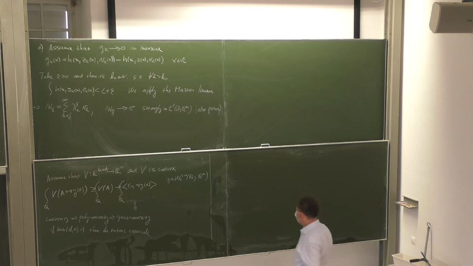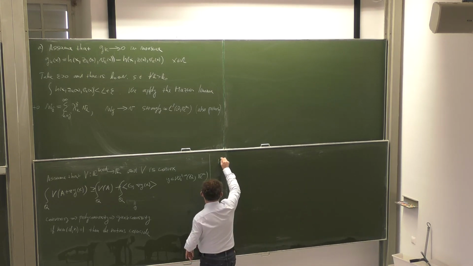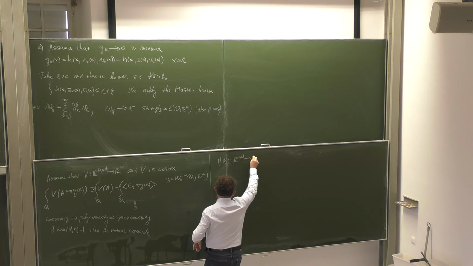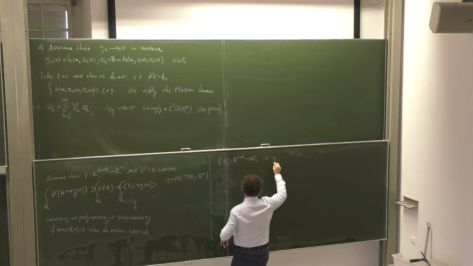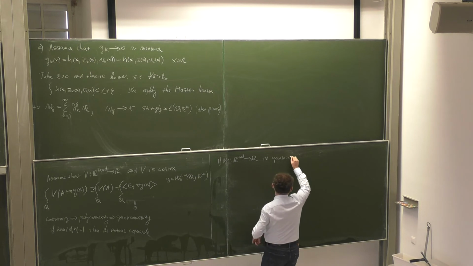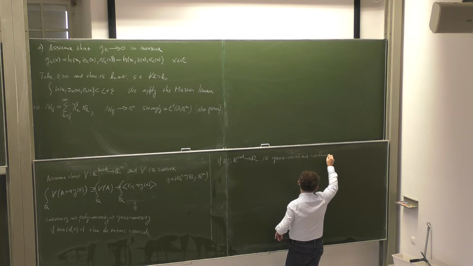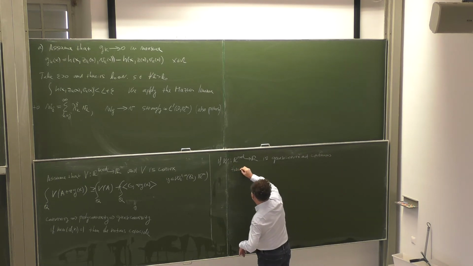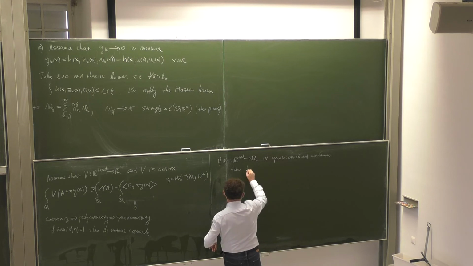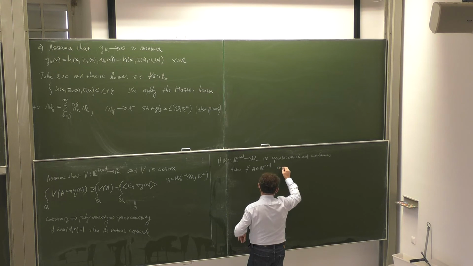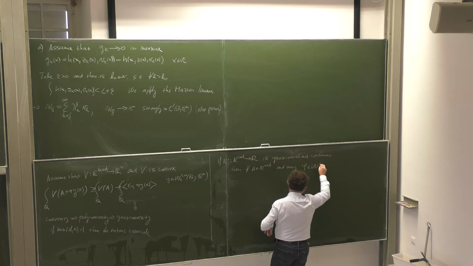Indeed, there is a result which says: if W from R^(n×d) to R is quasi-convex and continuous, then for every matrix A and every test function phi which is W^(1,infinity), (0,1)^d periodic, in R^d, R^n,